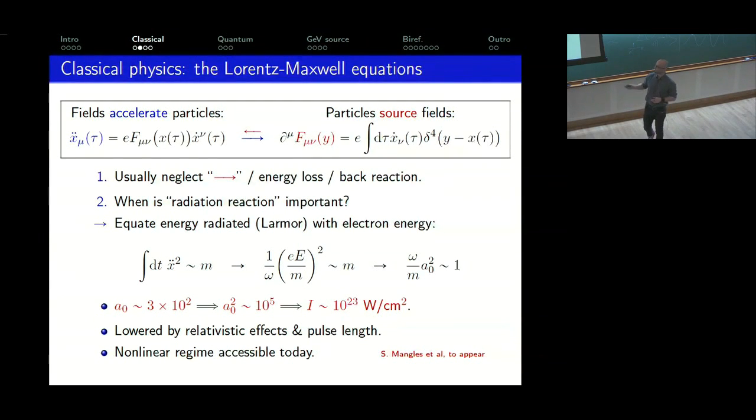What this means is that at these kind of intensities, a little bit beyond what we can achieve now, you're in a really heavily nonlinear regime of classical physics. I should say that if I account for pulse length effects, the fact that there's many oscillations of the laser in a typical pulse, and also for relativistic effects, so I put the gamma factors back in, then this intensity will go down quite significantly. In fact, we can access this regime of radiation reaction even today. And there will be experimental results appearing this year